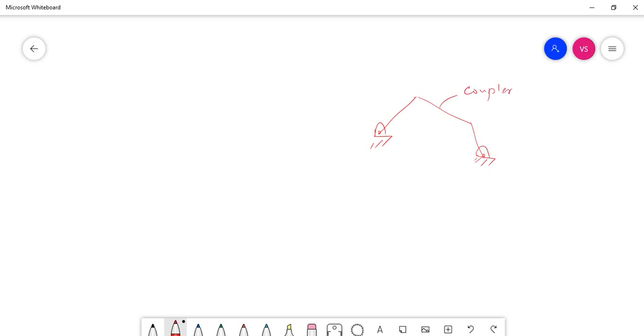Okay, what I will do now here is I know the positions of the coupler. I want the coupler to be at this position now and later at this position and maybe sometime later like this. So 3 positions of the coupler will be given to us and we have to find the dimensions of the links to satisfy this requirement. This is what's called rigid body guidance. We are guiding this rigid body in a particular fashion. That is the idea of rigid body guidance.